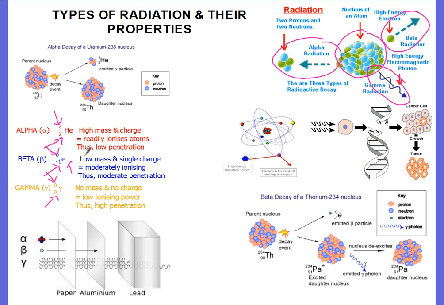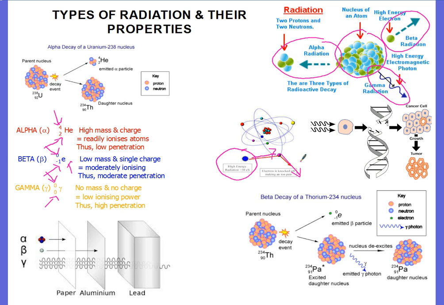Now, all these types of radiation are called ionizing radiation, and what that means, we know in chemistry, ionizing means losing electrons, or gaining electrons. In this case, it's losing electrons. When radiation comes into an atom, if it strikes the atom, it can give its energy to one of the electrons in the atom, and that causes the electron to actually leave the atom, or the atom is becoming ionized as an electron leaves. In the process, that radiation usually stops because it's dumped all its energy onto the atom,